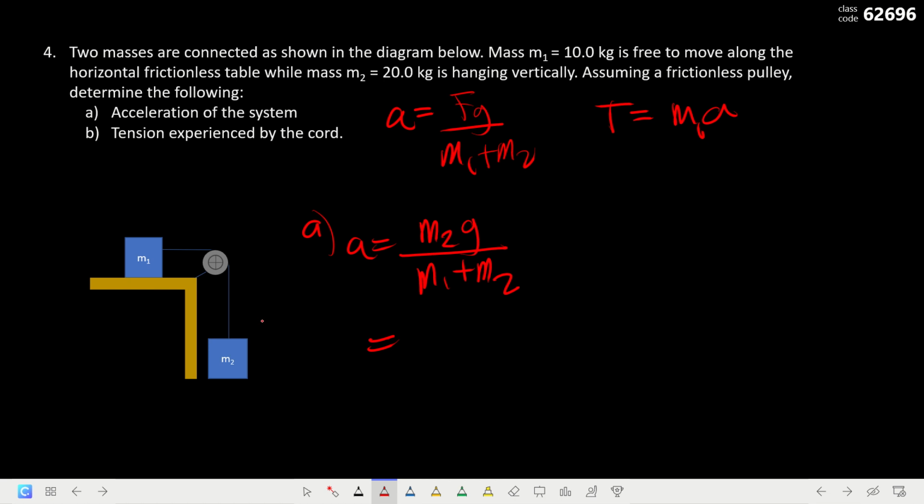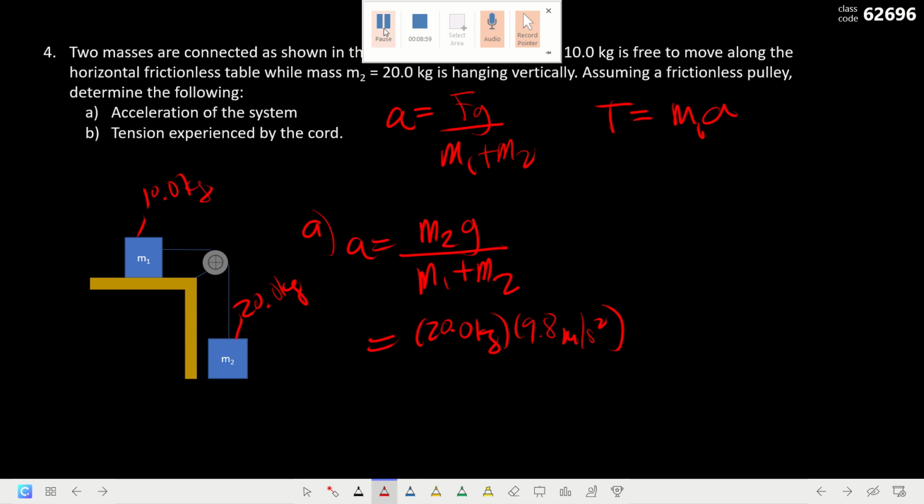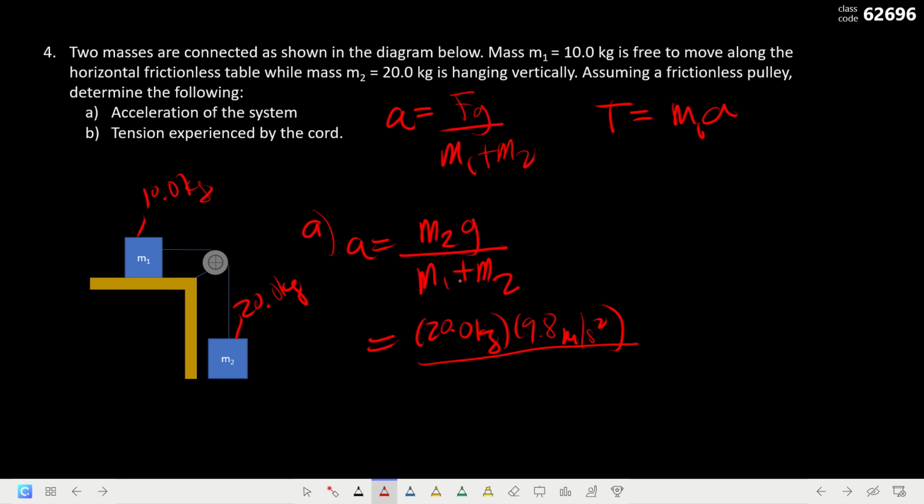Mass 2 is, sabi natin, 20 kilograms and mass 1 is 10 kilograms. So, 20 kilograms times 9.8 meter per second squared. Kuha lang ako ng calculator. Okay, here we divide it by mass 1 plus mass 2. Mass 1 pala natin is 10 kilograms, plus our mass 2, which is 20 kilograms. So, 20 times 9.8 is equal to 196 Newton